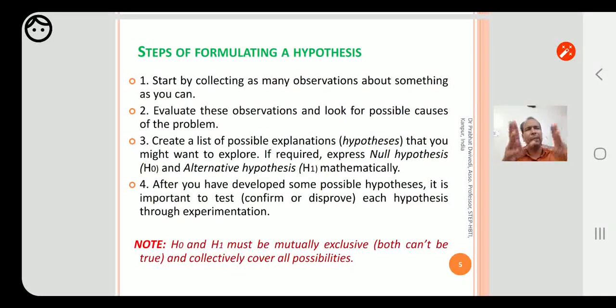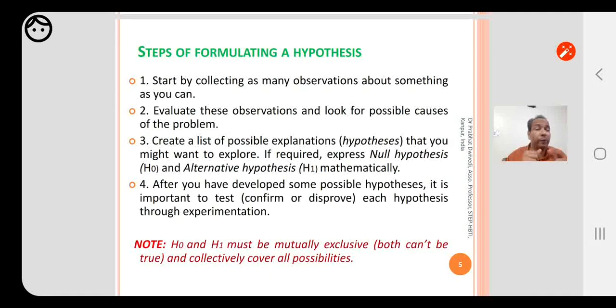I mean, in the beginning there may be 2, 3, 4, 5, 6 hypotheses we have made on the basis of observations, on the basis of information. But after revisiting them, after discussing with the guide, after discussing with the statisticians, after re-questioning those hypotheses, whether they are right or not right, whether they are good or not good, we finally reach those hypotheses which can be further statistically tested through experimentation. So that's how theoretically we can understand how we proceed to formulate hypothesis.